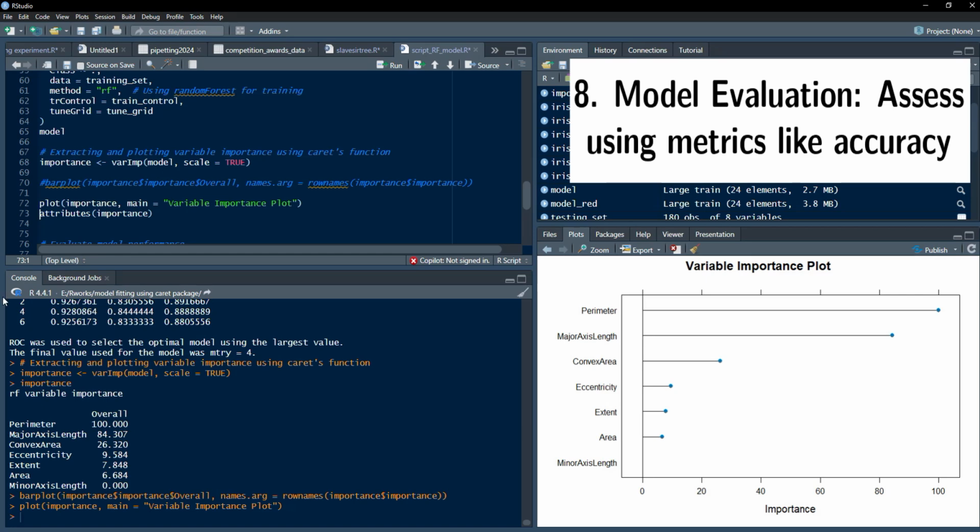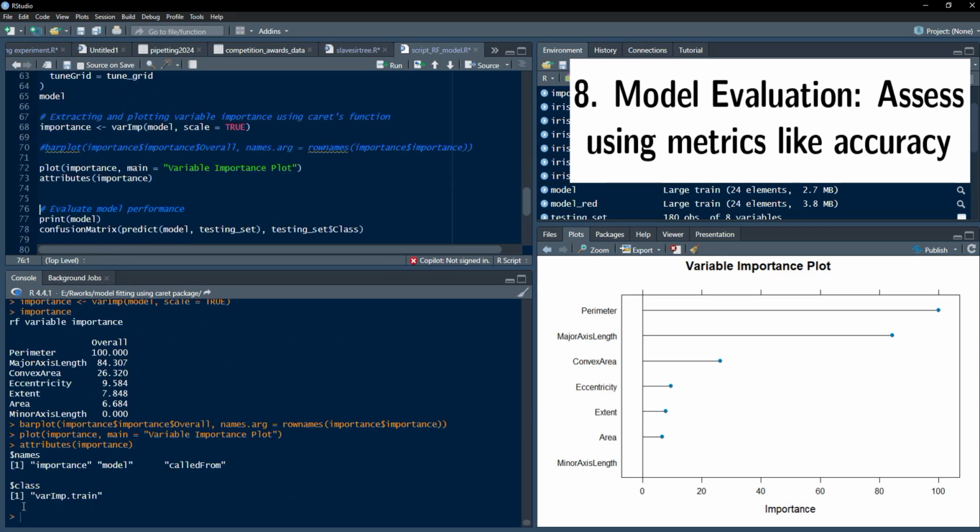This object will have attributes, and you can see here that the class of this object is varImp.train, and the plot method defined in Caret for this varImp.train class is this one. We are getting a segment or lollipop chart, and again the flipped chart is there. The numeric variable, the importance, is on the x-axis, and the names are on the y-axis,